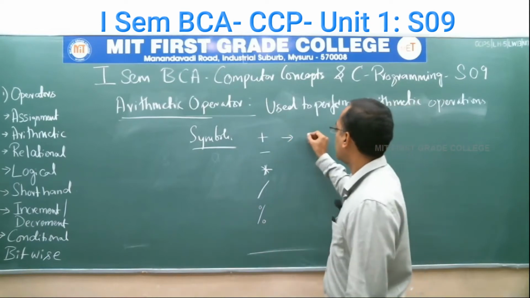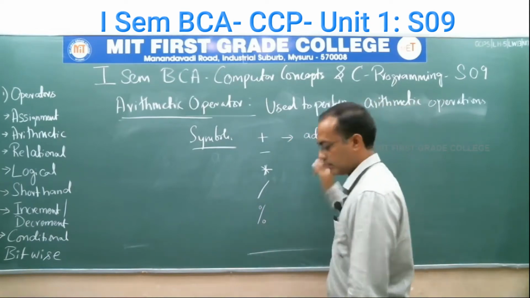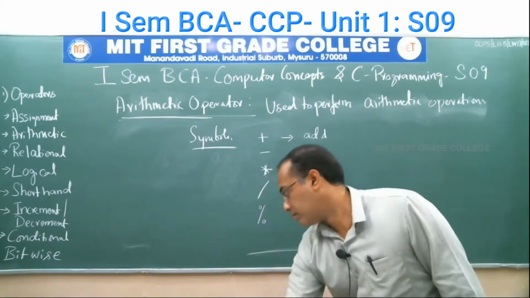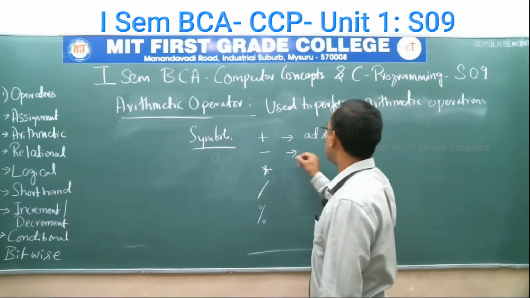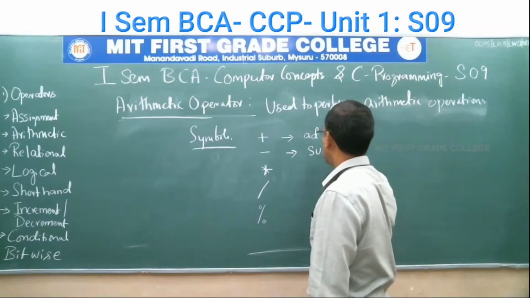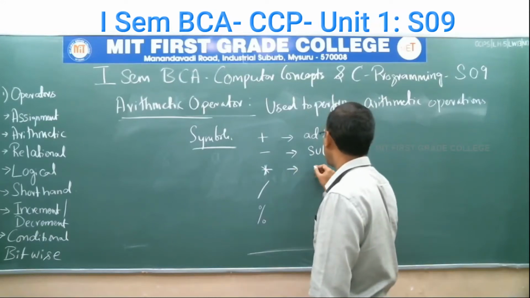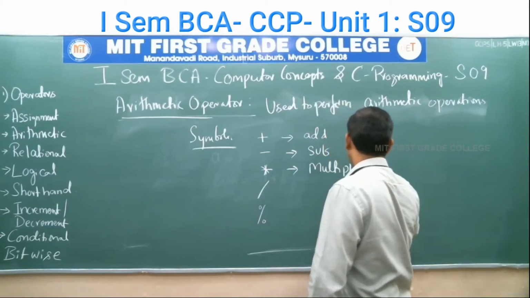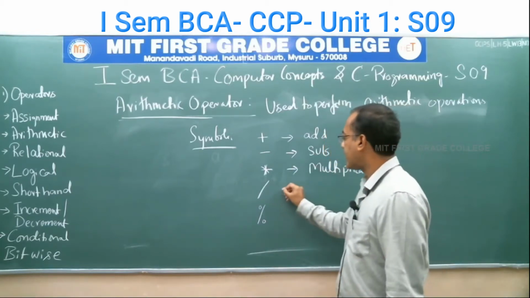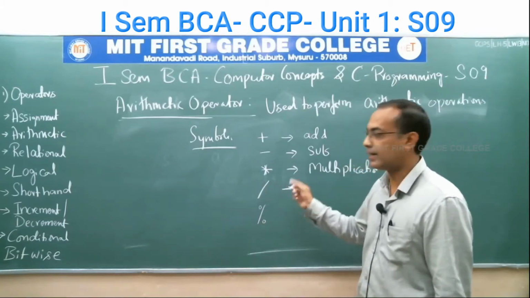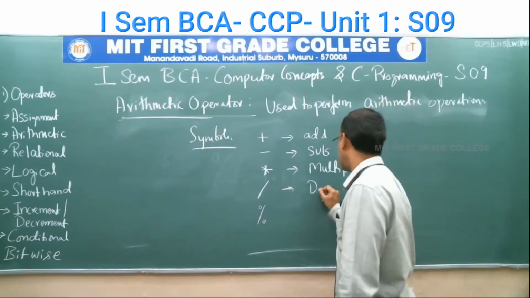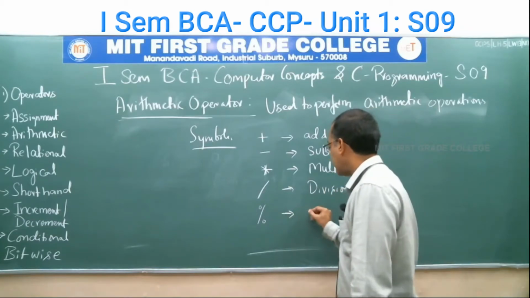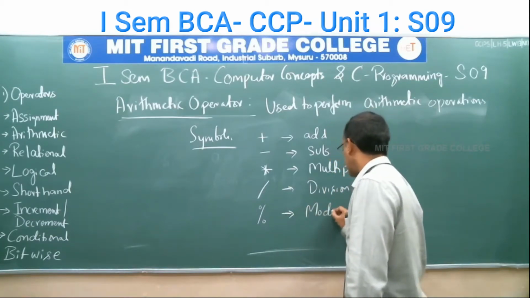Plus is used for addition. Minus symbol is used for subtraction. Star symbol is used for multiplication. Slash, which is called forward slash, is used for division. Percentage is used for modulus,